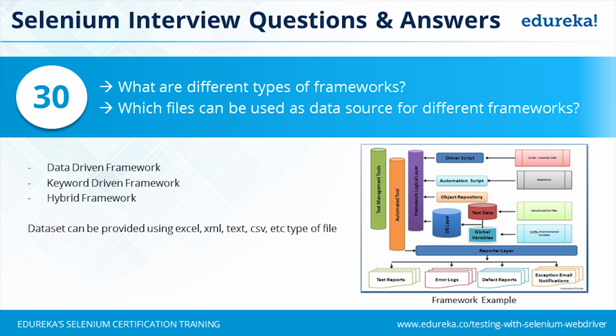So then the keyword-driven framework would come into picture where your test cases are written with the help of keywords, and any tester who has the knowledge of functional flow will be able to arrange the keywords as per the functional flow and execute a test case. And the hybrid framework, it is more of a balance. That is, it has keyword-driven architecture, it has a data-driven architecture. Your same test case, your functional flow can be executed over different data sets. You have standalone functional flows and many more.